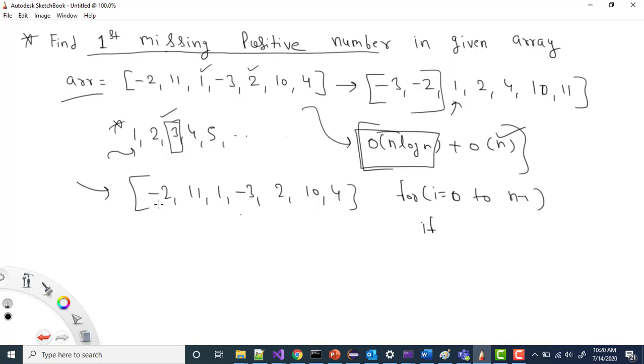Now if you see that this value is negative, and we know that we can safely ignore the negative value, because the first value, ideally, should be a positive number, right? So we can ignore these values. So what I can do is have a condition that if array of i is greater than 0, then only I should consider this, right? So this is the first case.